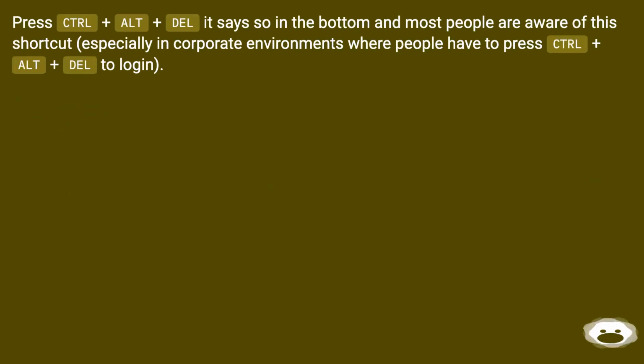Press Ctrl plus Alt plus Del. It says so in the bottom, and most people are aware of this shortcut, especially in corporate environments where people have to press Ctrl plus Alt plus Del to log in. Versus: